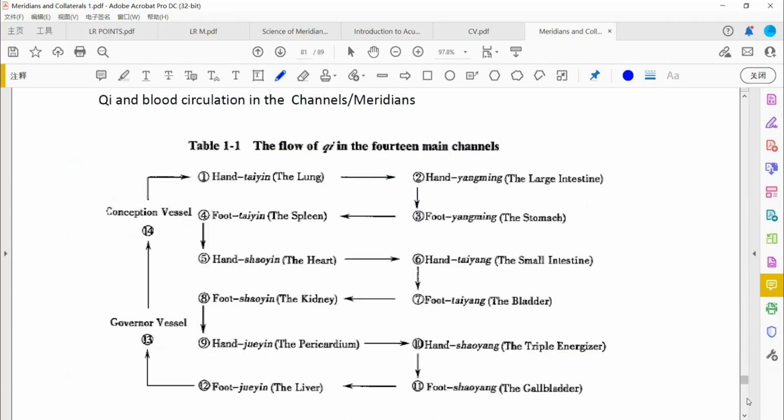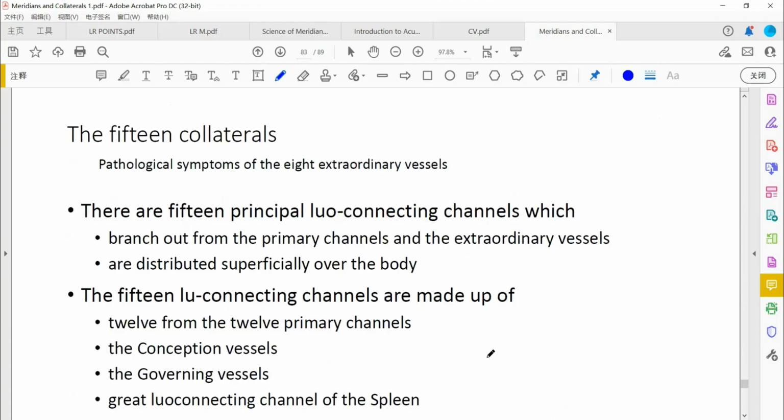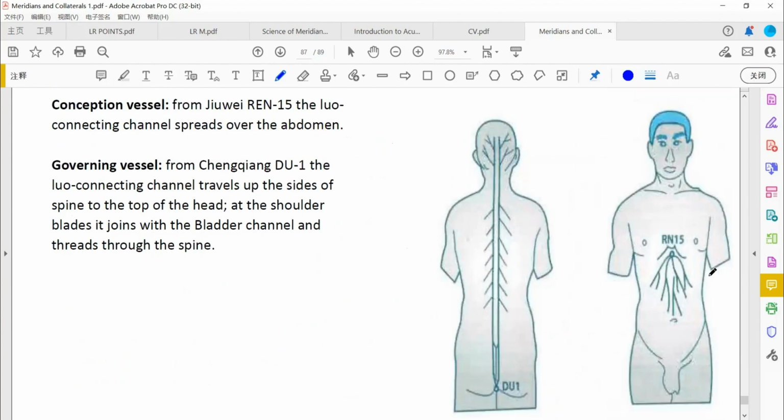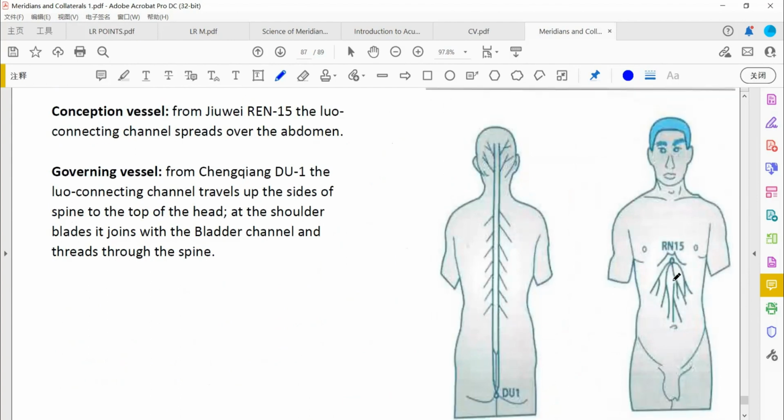Where's the clitoris? Here. See that the CV collateral. CV15, jiuwei. Jiuwei is a kind of a bird's tail, right? The CV's collateral is like a bird's tail, and